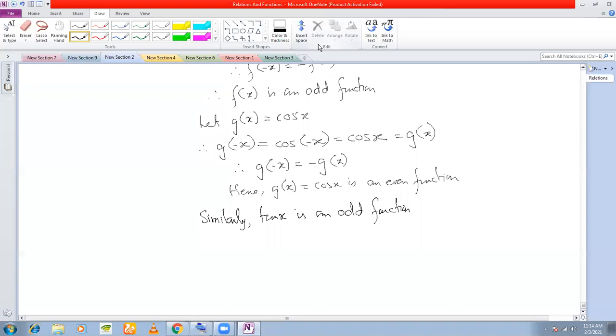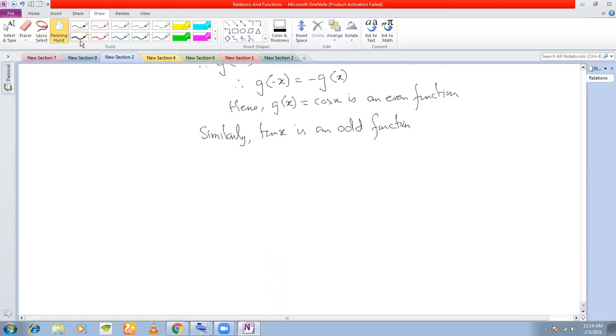Very simple definition of even and odd functions. You can be given a problem, say to check whether this function is even or check whether this function is odd. That is the kind of question that can be given. Now we come to the main part, which actually carries marks. Every year this type of question is given. Such questions will teach you a lot about certain special types of functions, like inverse circular functions, logarithmic functions, exponential functions. You will learn about what types they are. The question here is find the domain.